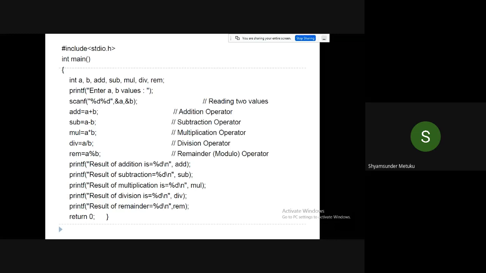Because I'm just verifying the operators, is it correct or not? So only for verification of the operators, why should I spend 28 bytes of memory when I want to use only 12 bytes? Is it possible or not? If possible, how to write it? I just want that program. So everybody take it as your homework or assignment. It's up to you. That is the first one. Just hold on. Just a minute.